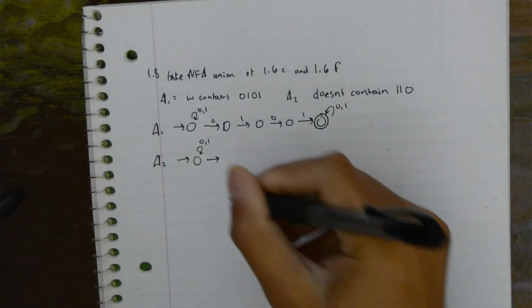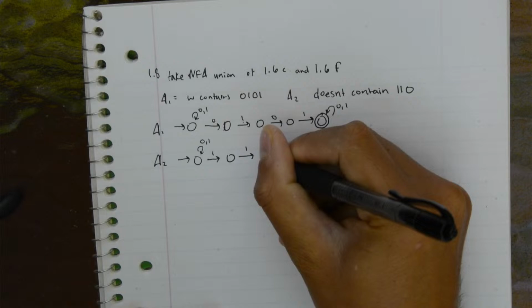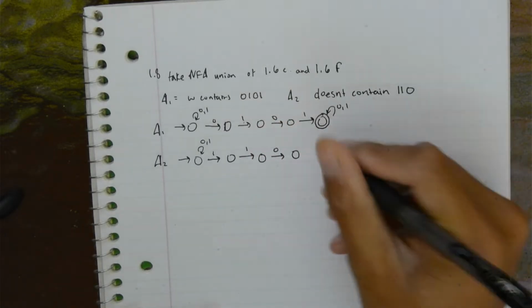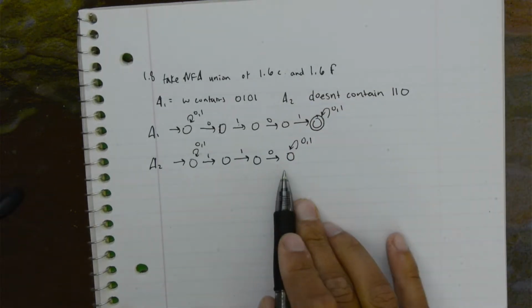Okay, let's proceed as before. So we're gonna get 1, 1, 0, 0, 1. So if we made this the accept state, then we would get